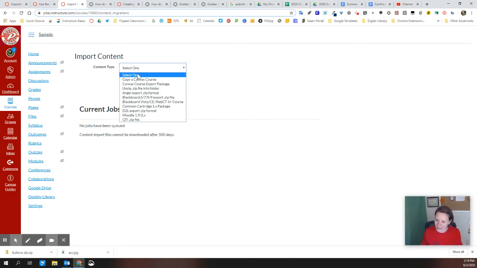We'll select one of those. If you have an exported Canvas course, maybe from a different school or someone has given it to you because they taught that class previously, you would use the Canvas course export package option, and then you would just upload that file in and it would pull all that in. Typically, though, we're pulling Canvas content from courses that are already in our Canvas experience, and that's the copy a